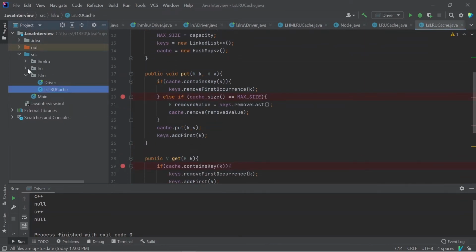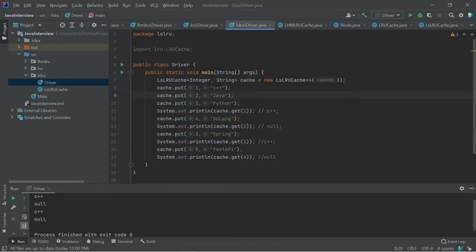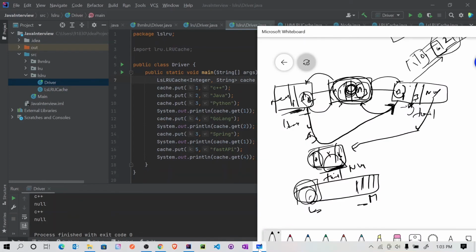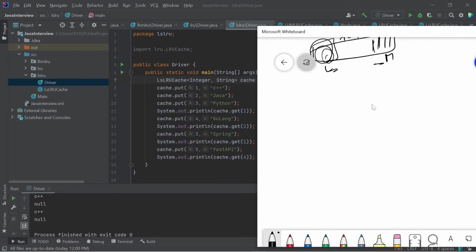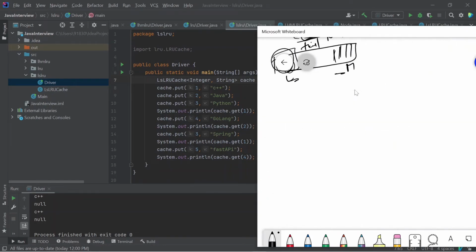So let's execute. So these are the driver functions. Okay, these are the driver functions. So we can understand with the example. Let's say,